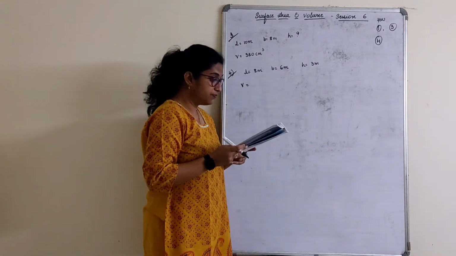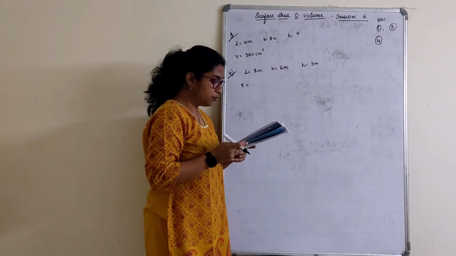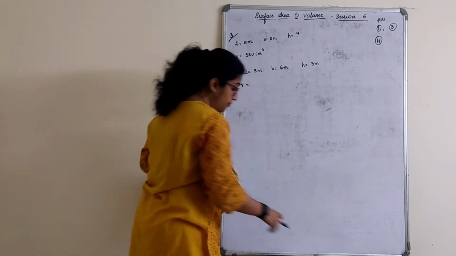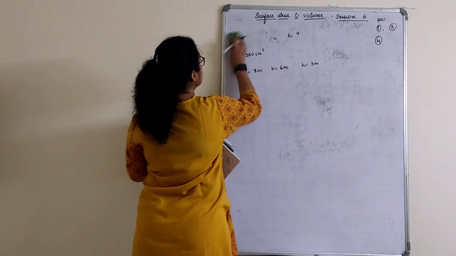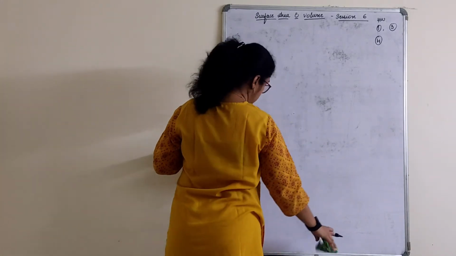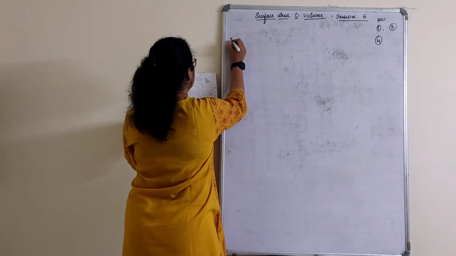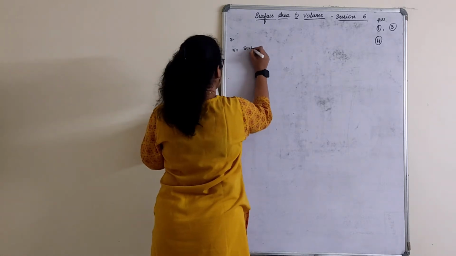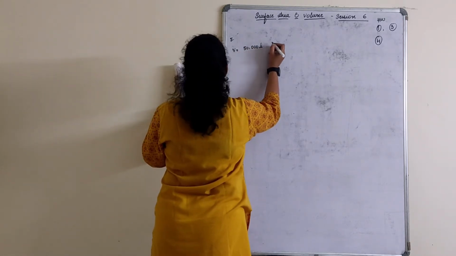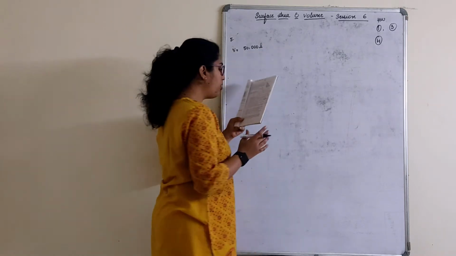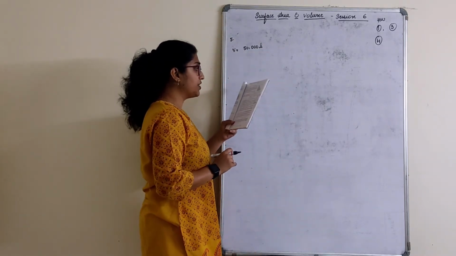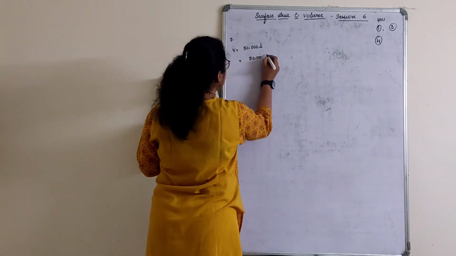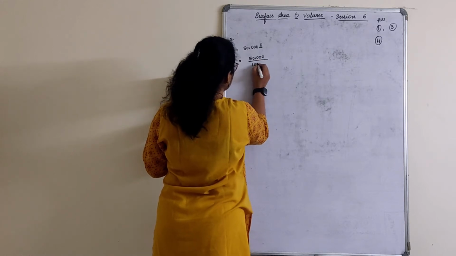Next, fifth one, the capacity of a cuboidal tank is 50,000 liters of water. It is in terms of liters. We'll do it here. Volume is given as not 5000, 50,000 liters of water. And the rest of the whole thing is given in terms of meter, right? So what initially we will do here is immediately convert this in terms of liters.